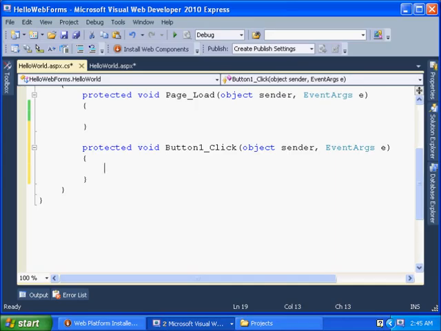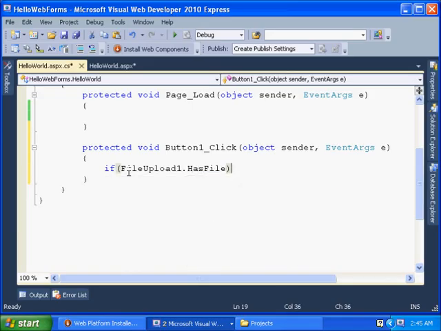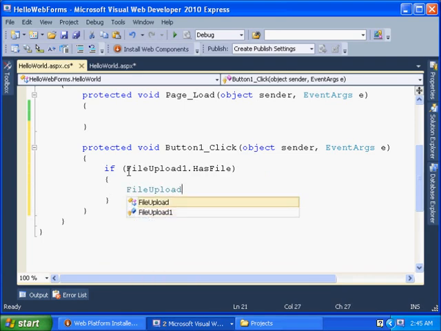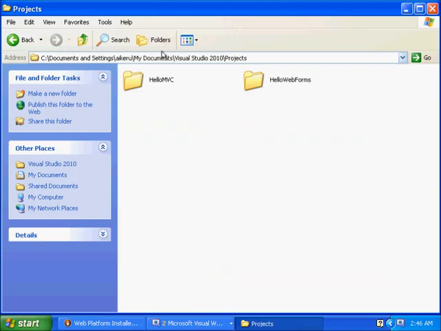And inside this event, we're going to check to see if our file upload 1 control has a file. And if it does, we will tell that file upload control to save as this file to C drive slash, here we will look at our projects folder here. I will copy this,